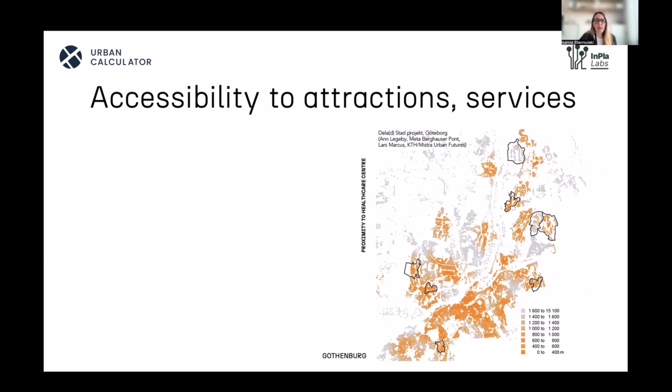This is primary health within 400 meters walking distance. But then you also see some areas, some suburbs, the gray areas, that have a primary health center that is further than 1 kilometer and 600 meters, almost 15 kilometers. So basically inaccessible on foot. And this is a big problem.